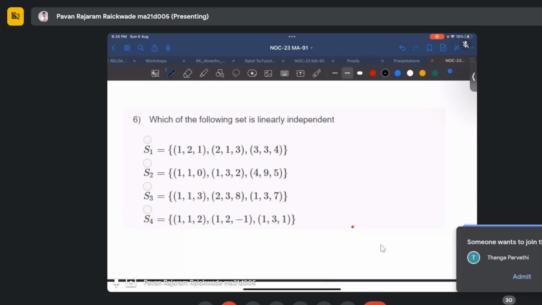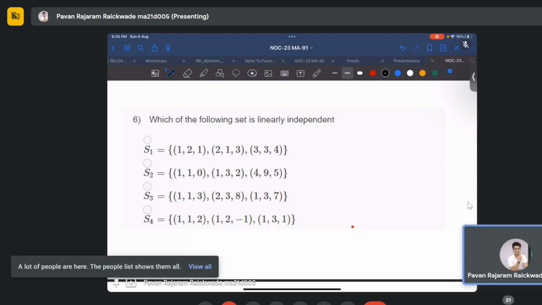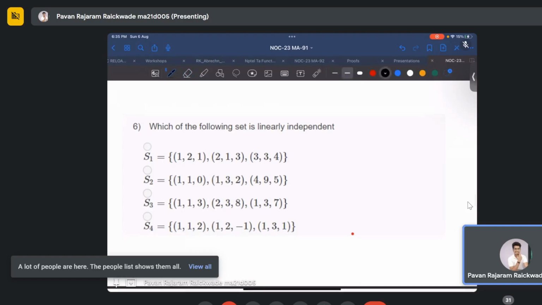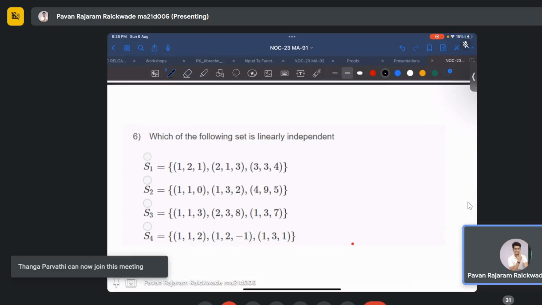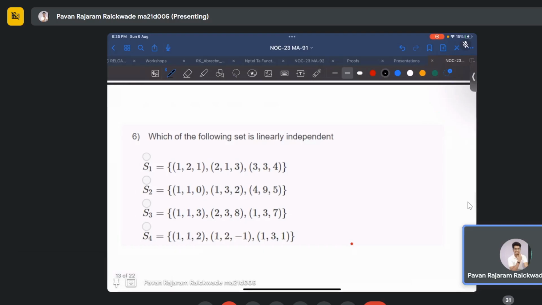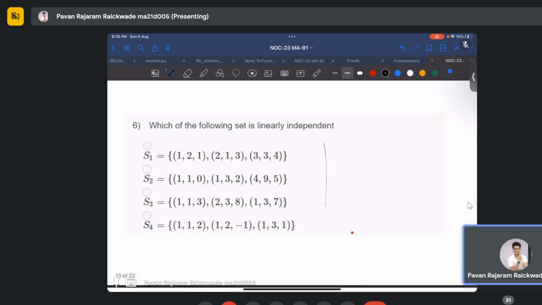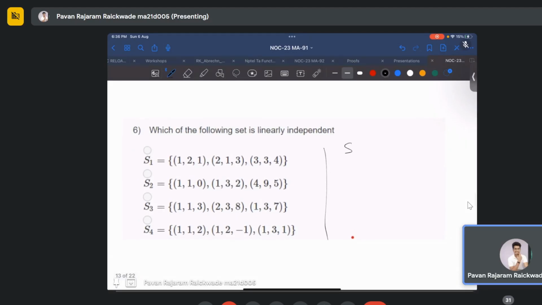Which of the following sets is linearly independent? So what is meant by a set being linearly independent? Consider any set in general, and I'll define the abstract definition of independence. Consider S to be a set of vectors, maybe u1, u2 up to un, a subset of any vector space V. Because this is a matrix analysis course, we will deal with Rn. So a subset of Rn is said to be linearly independent